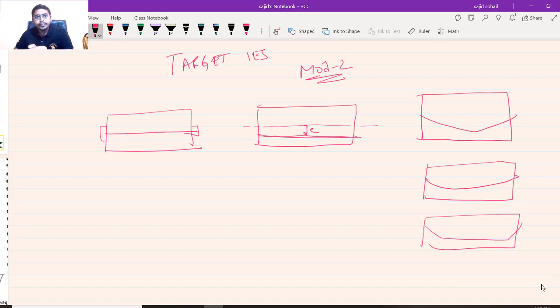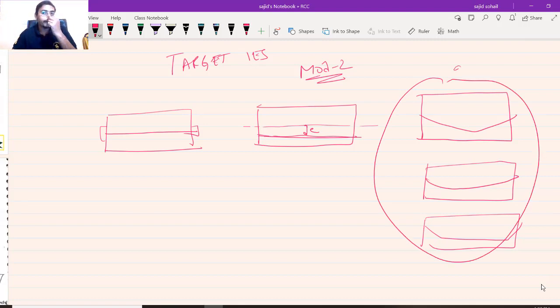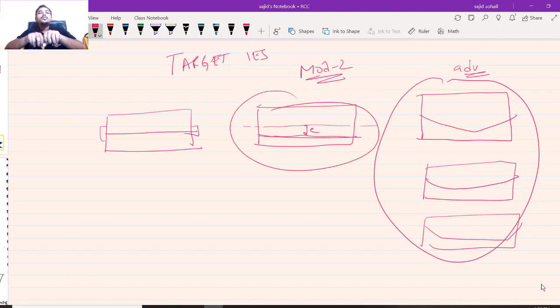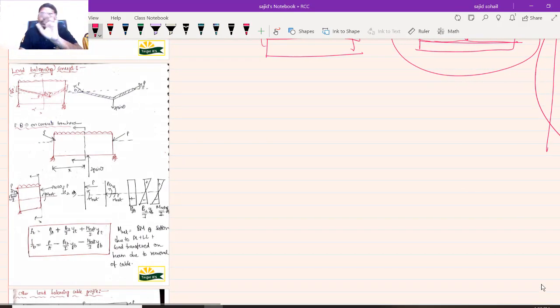Do you know why? Let us try to understand the importance or advantage of this. Obviously, if there is certain advantage, only then you will go for that, or else this is very simple, just provide a straight one, right? There should be certain advantage, that's why we are going for this. What are these advantages? To understand that, let us revise the concept once. Whatever concept we have learned, let us revise it once.